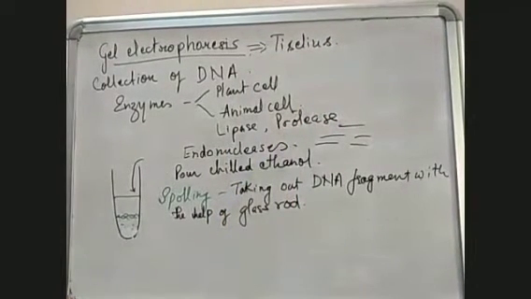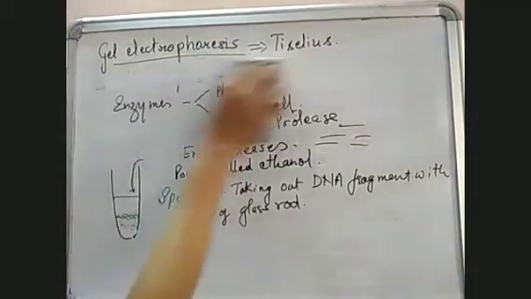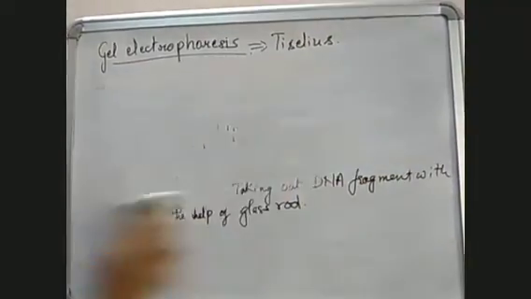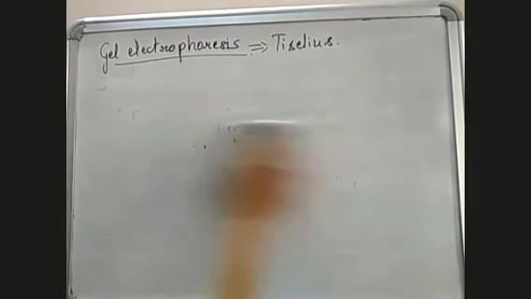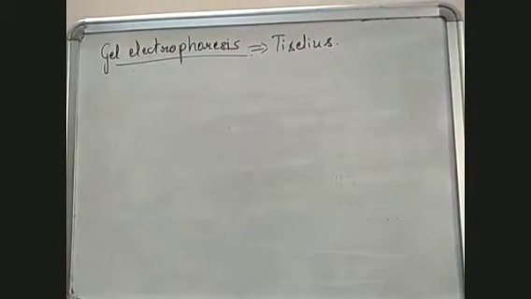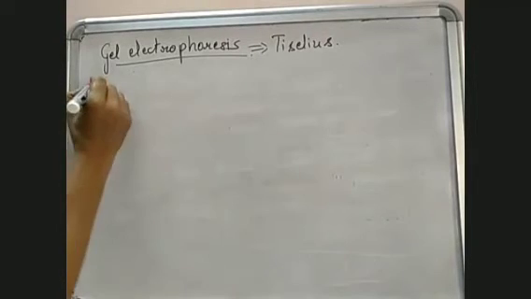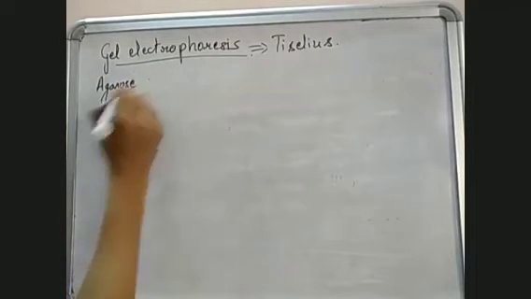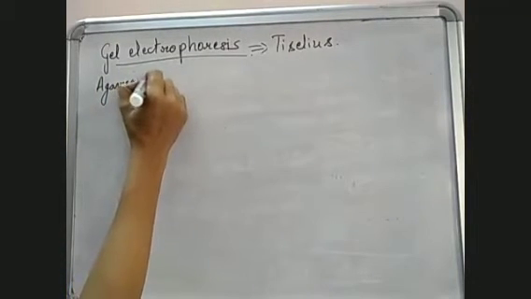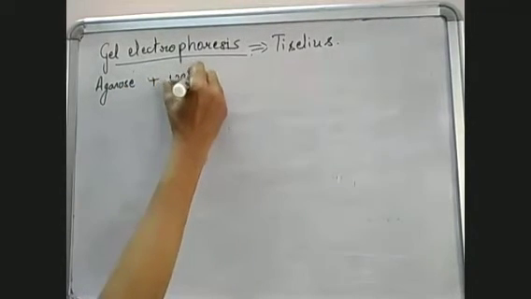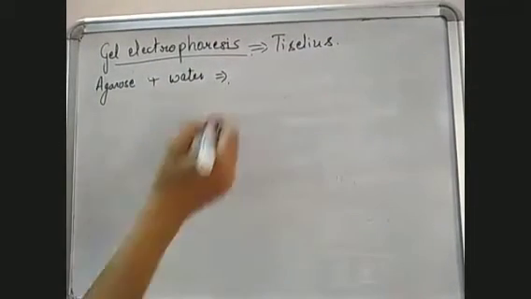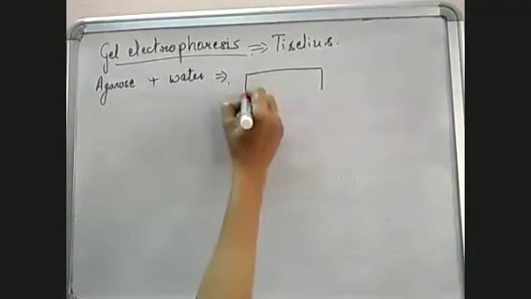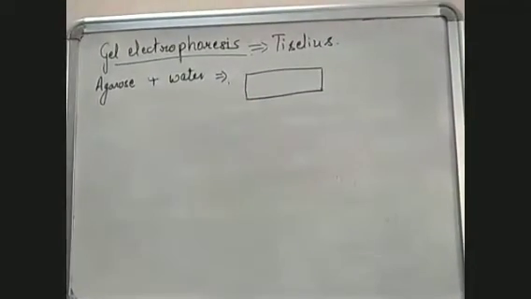And what happens in this process of electrophoresis? This I'm going to describe now. In this process of electrophoresis, first of all, agarose gel is taken. Agarose gel is available in the form of powder. It is a seaweed and it is available in the market in the form of powder. When this agarose powder is mixed with water, a gel-like substance is formed, and this is poured on glass sheets or glass slides. Okay, a layer is made and we get a layer of agarose gel.